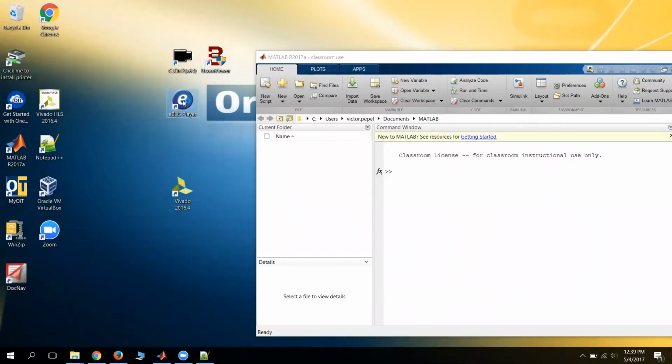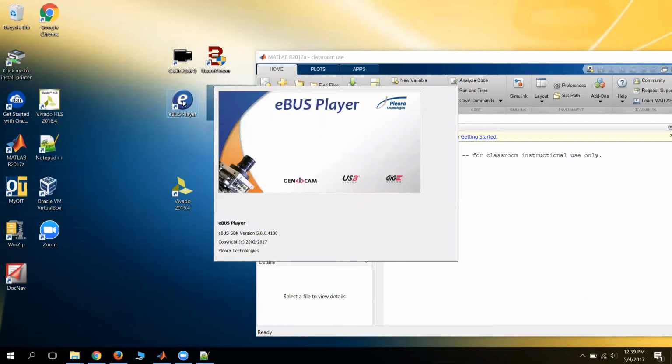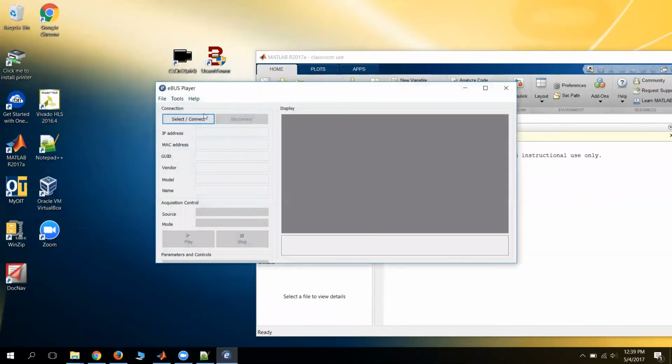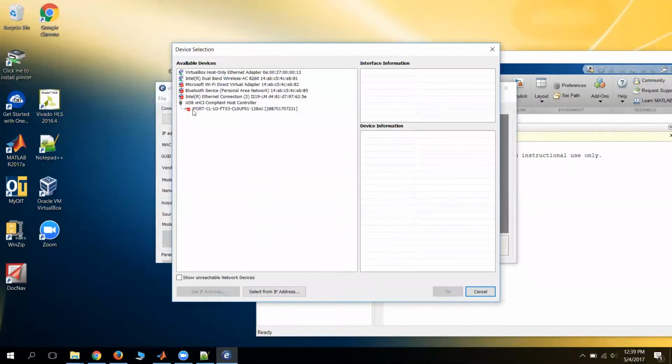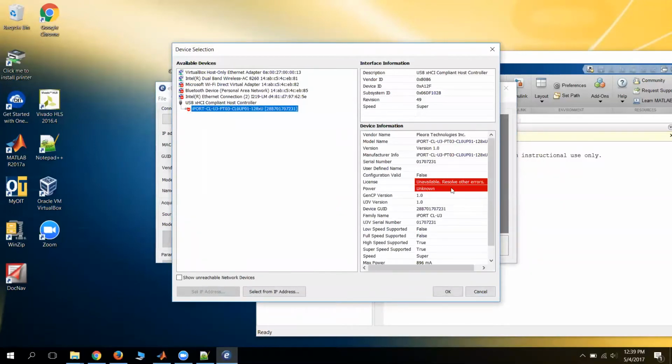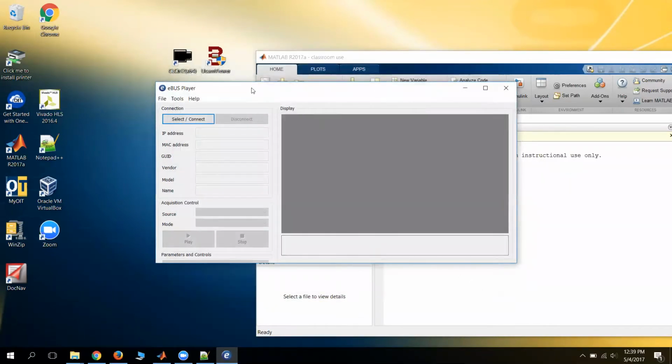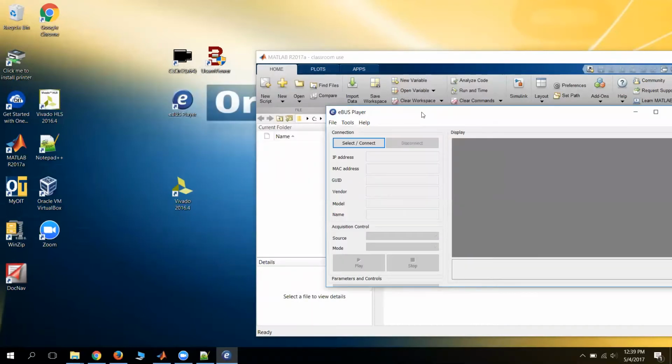So for example, if you try to open your eBus player from Pleora and connect, now it doesn't see it anymore because it doesn't have the drivers. They were overwritten by the ActiveUSB software. So after installing the ActiveUSB software, if you want to go back and change the settings on your Pleora frame grabber,